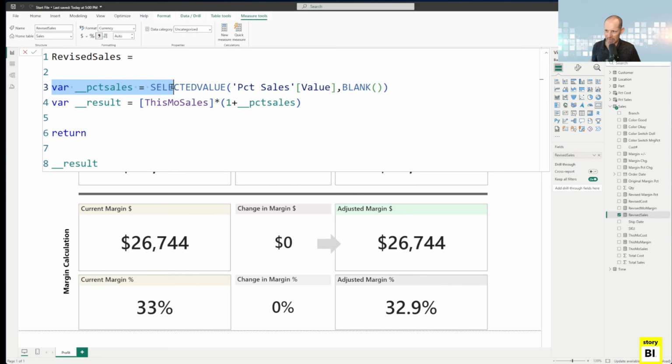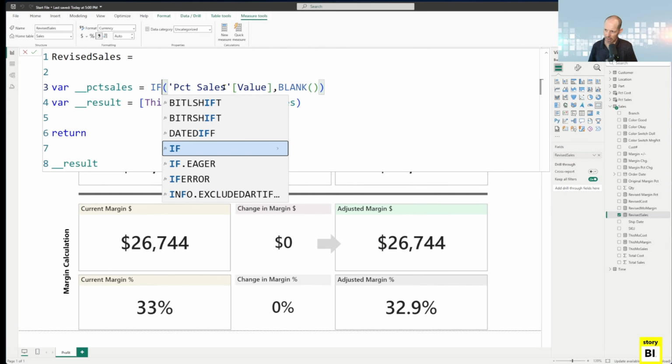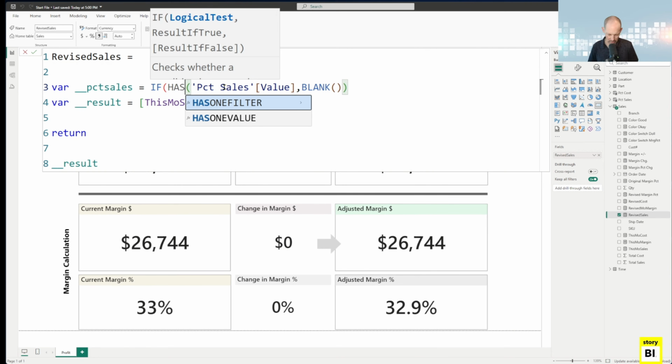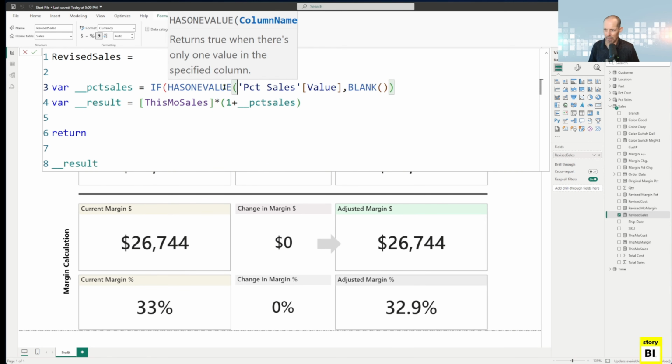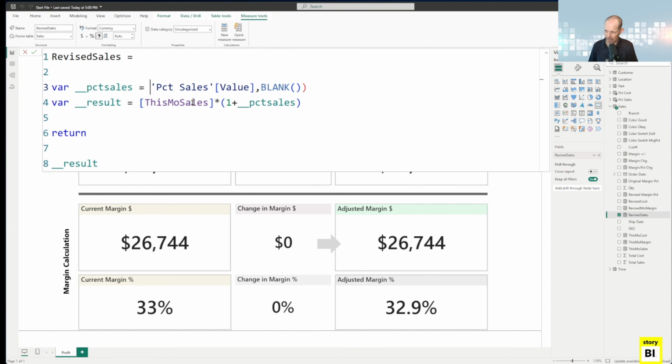I use the DAX function SELECTEDVALUE to look at that floating table out there, that percentage sales table, and I'm looking over that value column, the 0.01, the 0.02, etc. And I'm looking for the selected value, okay? So this back in the day used to look like IF HASONEVALUE. I won't complete this, but we used to use this IF-THEN condition and have to combine IF and HASONEVALUE. Well, they combined it at some point,